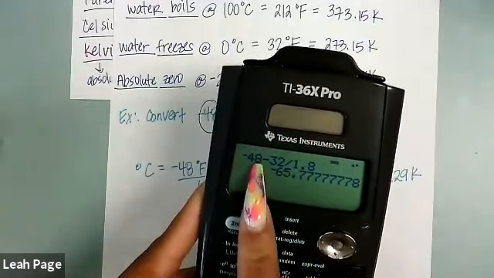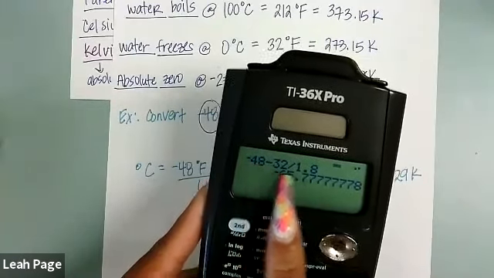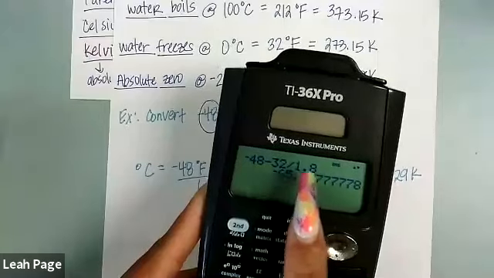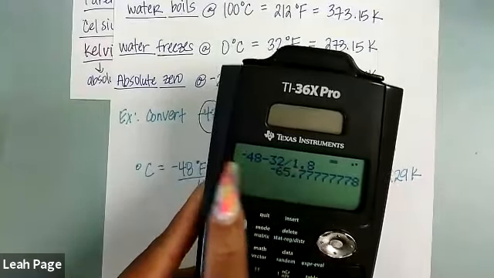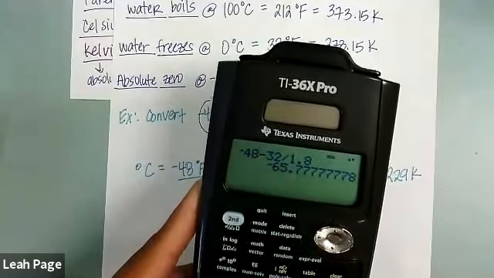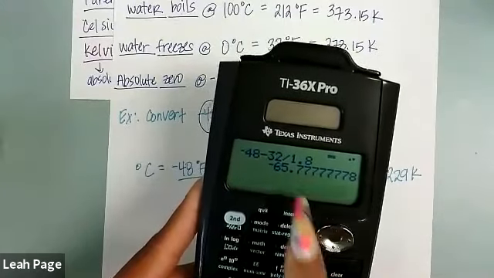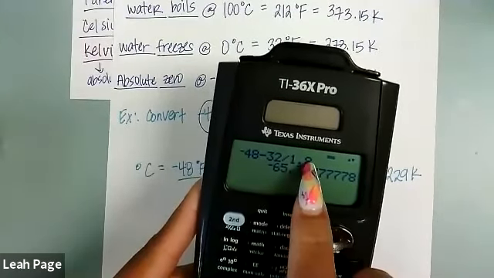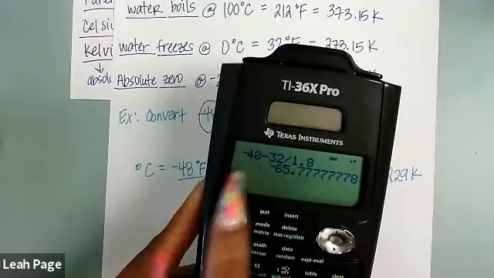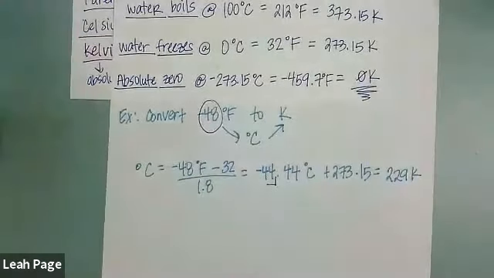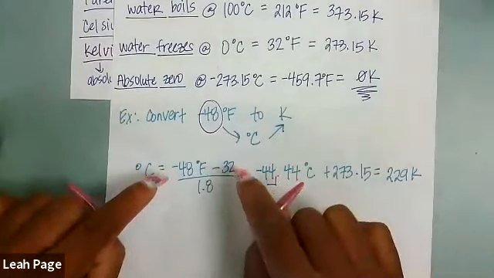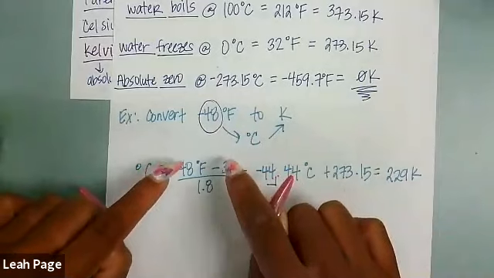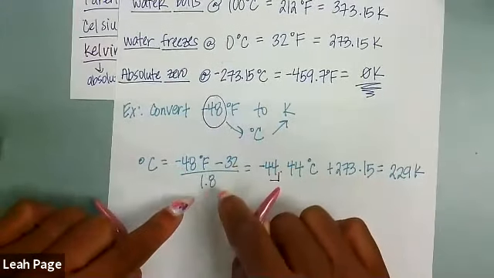The calculator is saying, okay, the order of operations say we're going to multiply or divide before we add and subtract. Remember PEMDAS? So it's going to divide 32 by 1.8, and then it's going to subtract it, and that's why you get a different answer. So yes, you do need the parentheses, and just remember that. If you have an equation with a fraction, I would do what's on top first, and then do what's on bottom.